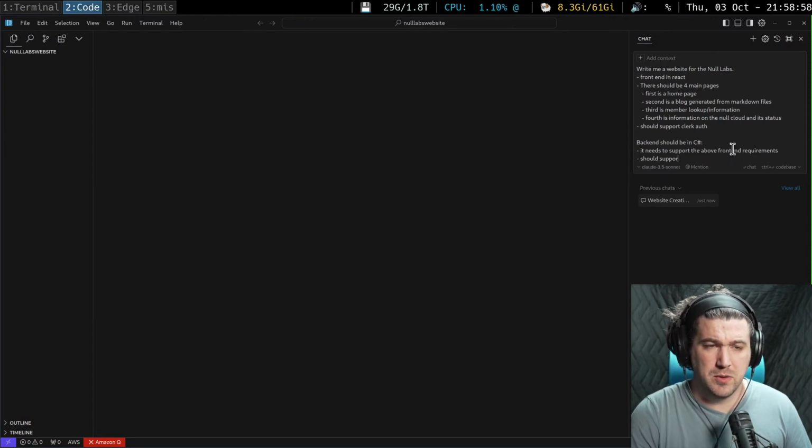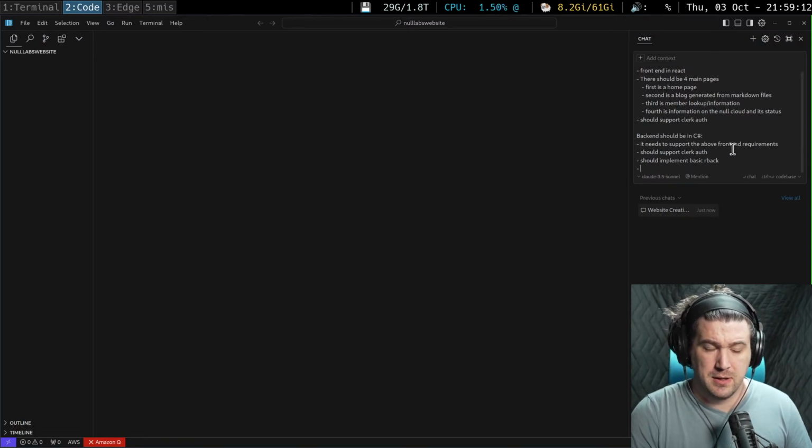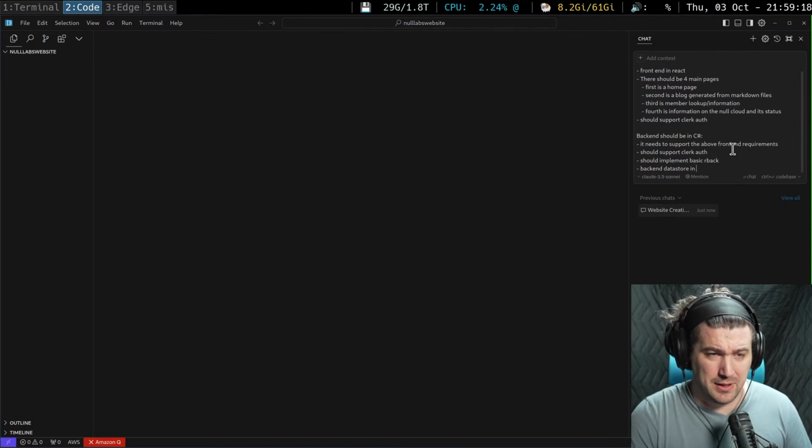Should support Clerk auth. Should implement basic RBAC. Backend data store, let's use SQLite.